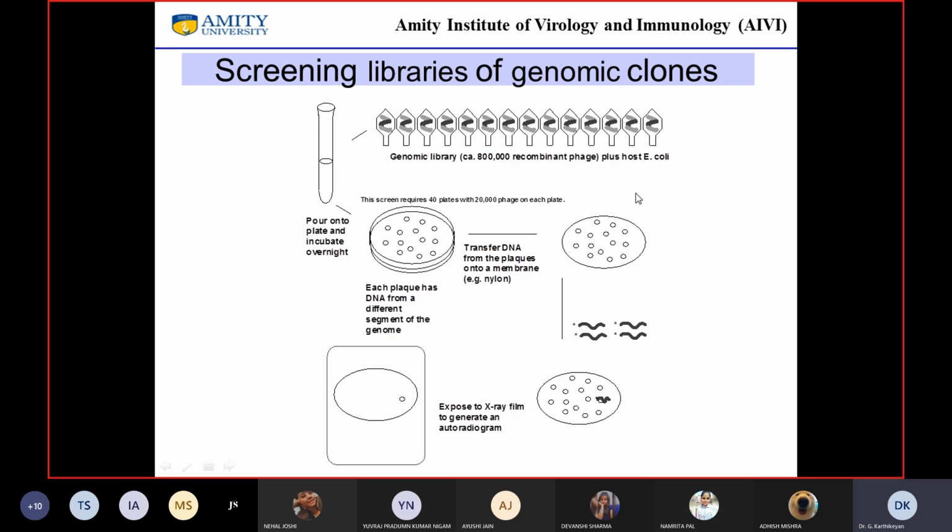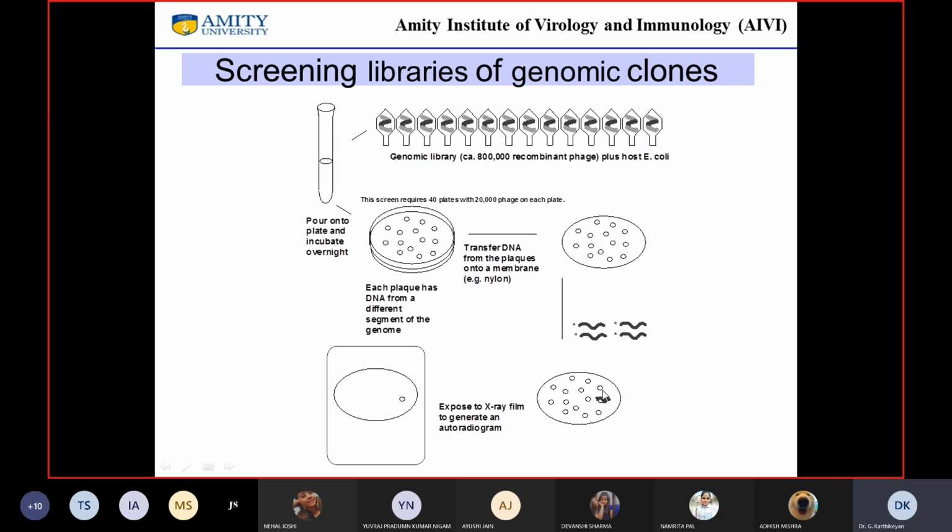In the last video, we saw that you can drop this nitrocellulose or nylon membrane onto this petri dish, which has all these plaques. You put some orientation markers, you remove it, and you treat it with certain buffers, and then all these things get attached to it.